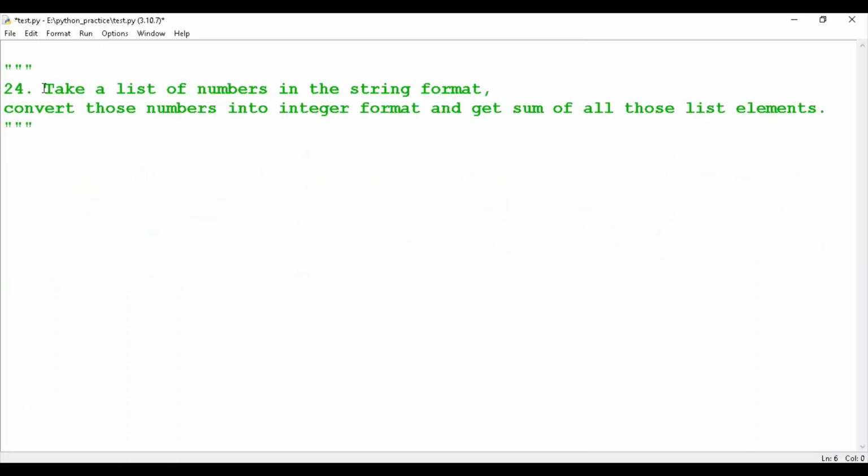So now here is the question, last question from the list concept. So take a list of numbers in the string format, convert those numbers into integer format and get sum of all those list elements. So how to solve this? So here first we have one list of numbers. So those numbers not in integer format, those are in the string format. So I will take here 1, 3,